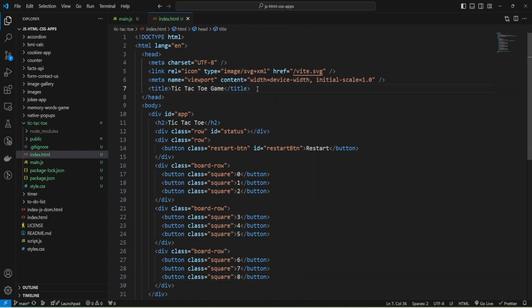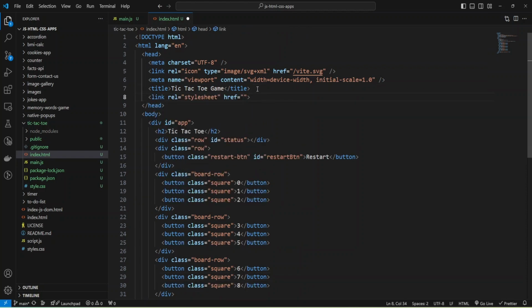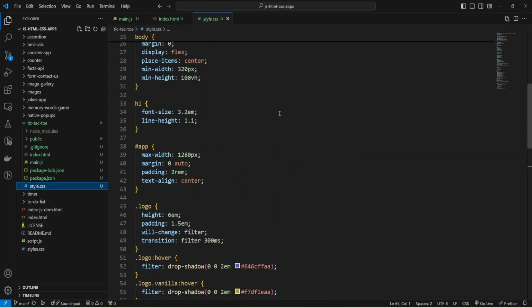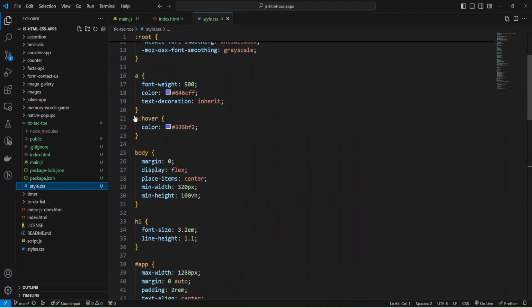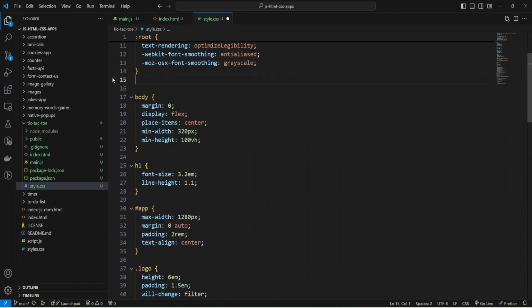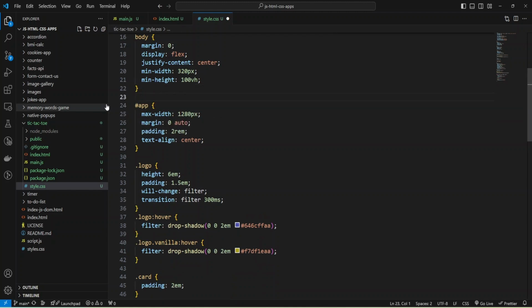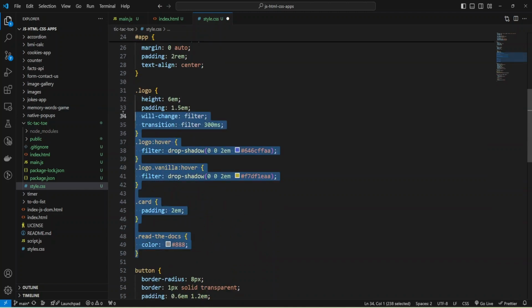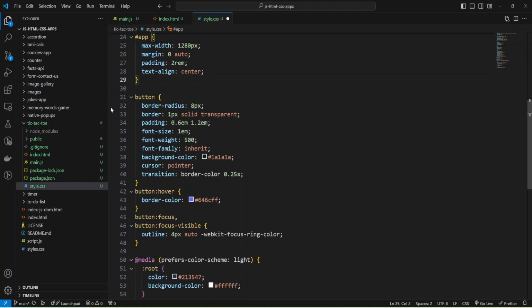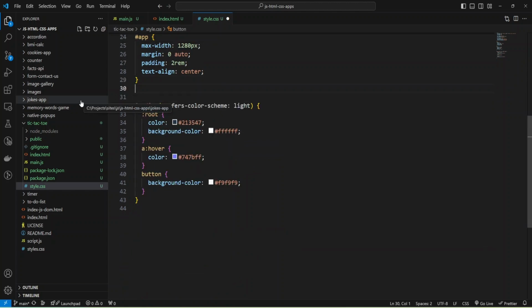First of all, I need to create a link and add my styles from style.css, and go to style.css and remove some default styles that were auto-generated. I'm going to replace this with justify-content center and remove all this h1 and also all this logo, card, and also styles for button.